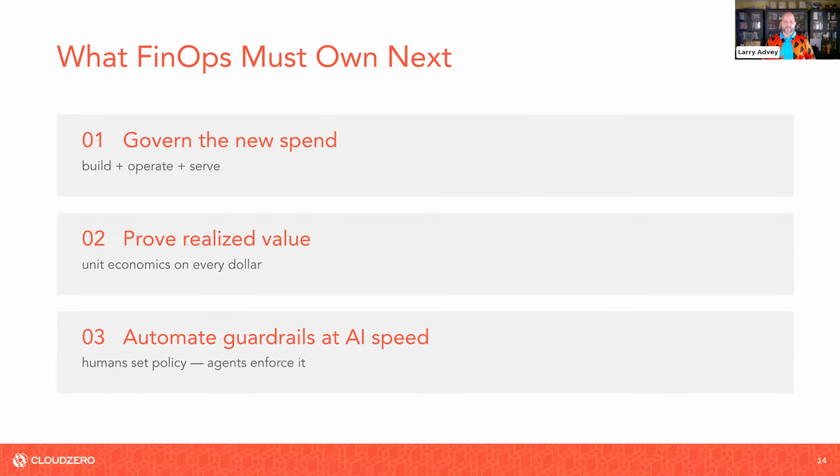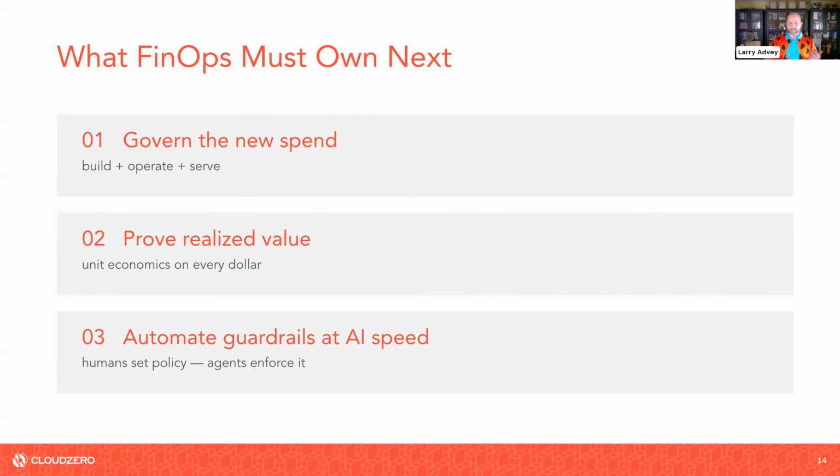So what FinOps must own next? 1, governing the new spend, build, operate, and serve it. Understanding starts before governance. Granularity and allocations as the foundation of FinOps is critical to everything that comes. 2, proving the realized value, unit economics on every single dollar.